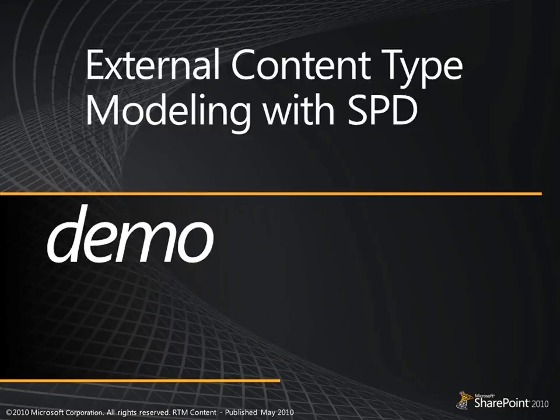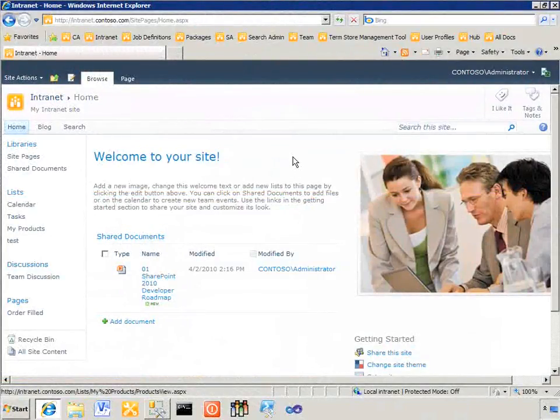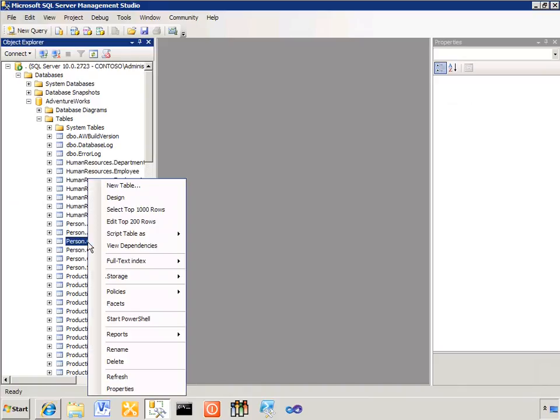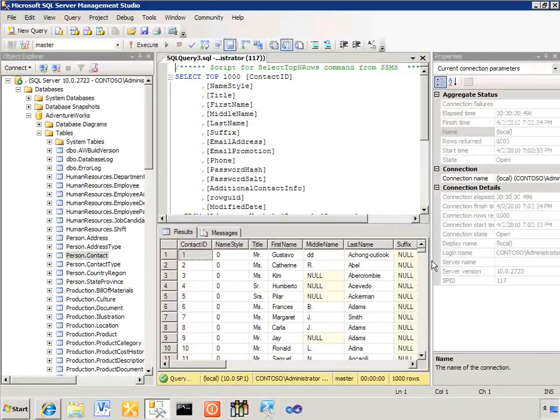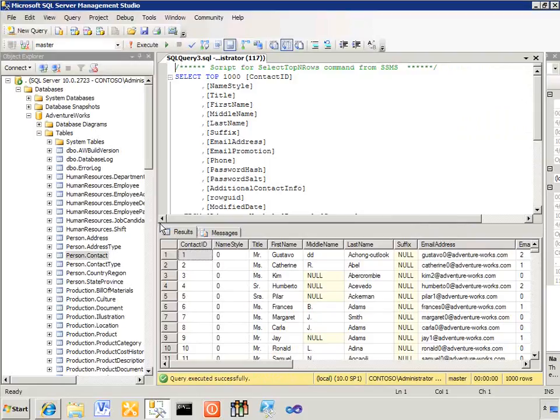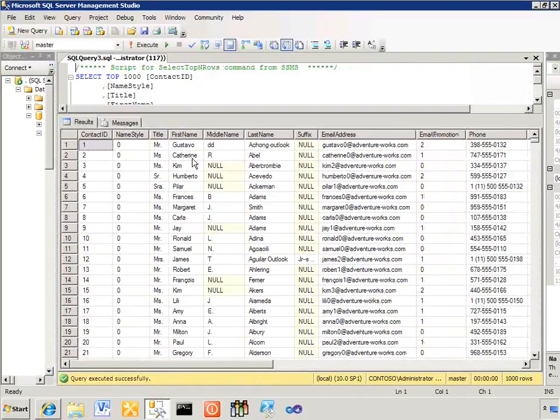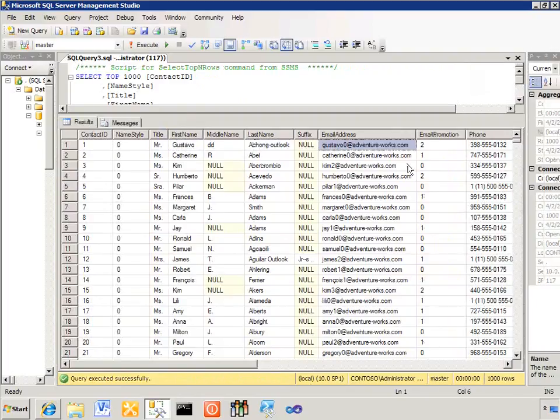So let's stop here and take a look at a demo where we will create an external content type with SharePoint Designer. Okay, in this demo we're going to use BCS to surface some line of business data that lives within SQL Server. So in SQL Server I have an AdventureWorks database and I have several tables. The table I'm interested in is this contact table, and we can open it up. We have many rows of data here, including the first name, last name, email address, phone